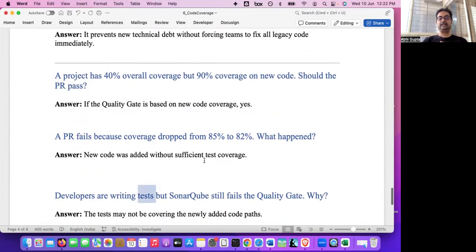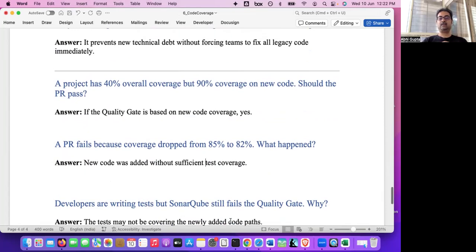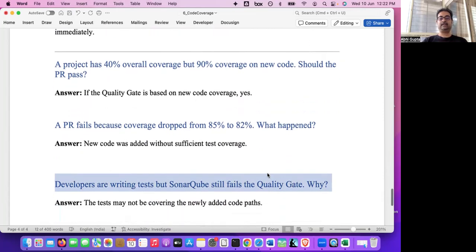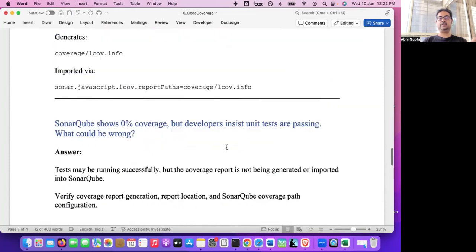Developers are writing tests, but SonarQube still fails the quality gate. Even if they are writing a lot of test cases, they may not be covering all the parts. So they need to check where the code coverage is missing, and they need to write test cases to cover that part. They should not write unnecessary tests. They need to see whether their code is covering